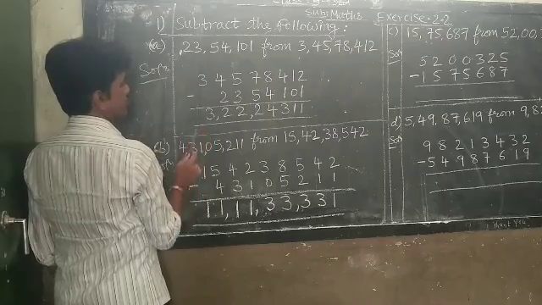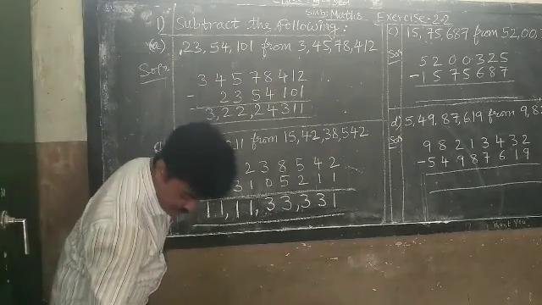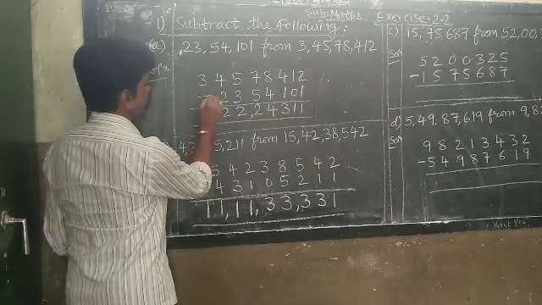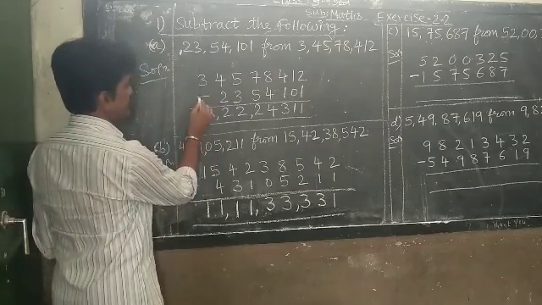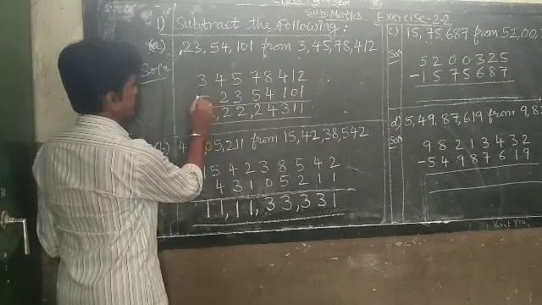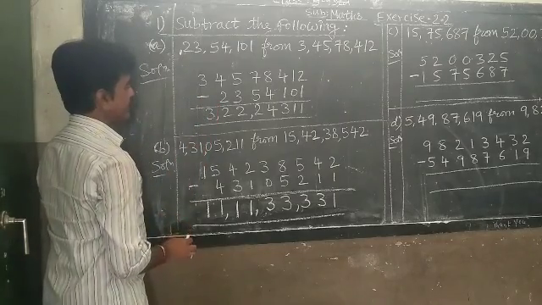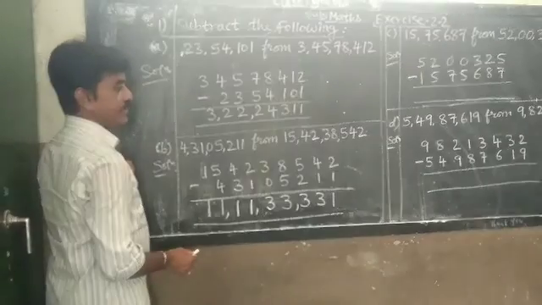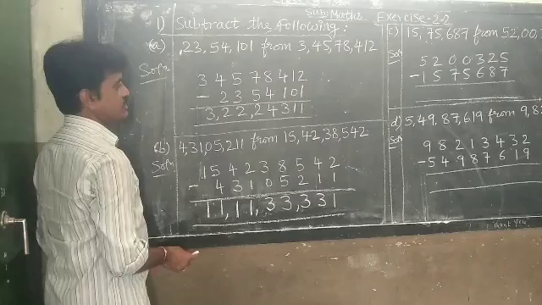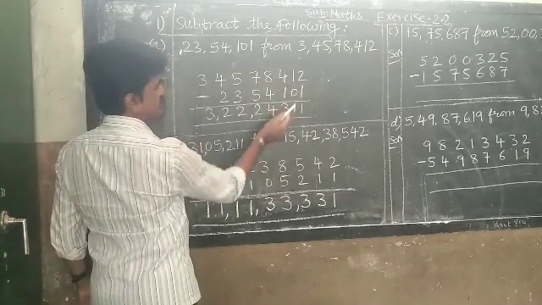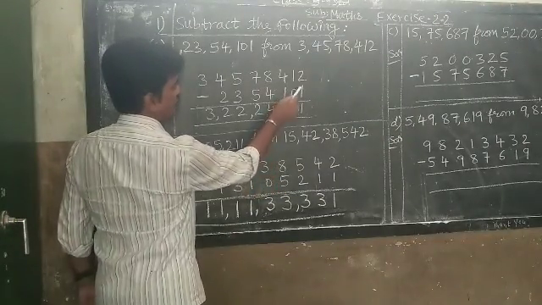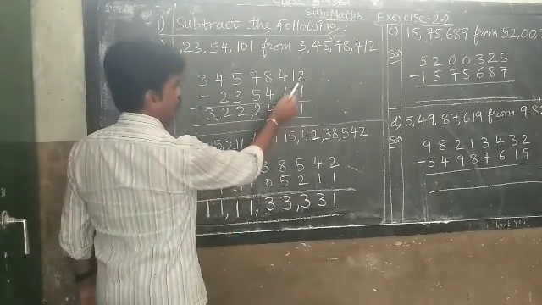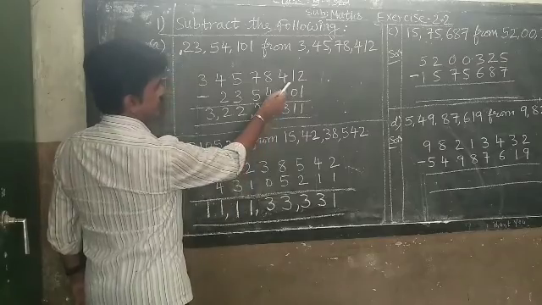So this is how you have to write the numbers one below the other, and subtract means put a minus sign. See, I have put it here. If you put it, it is minus. You are subtracting the numbers. So again, from where do you have to start? From ones place. You have to subtract 2 minus 1. Out of 2, if you remove 1, how much remains? 2 minus 1, 1.